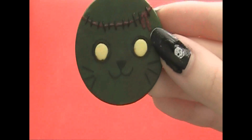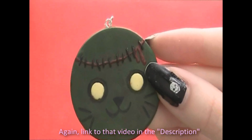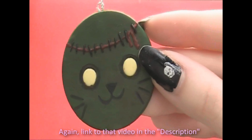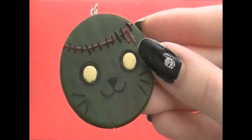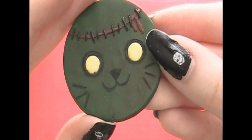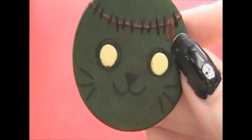And the first animal I made is this zombie kitten. I don't know if you guys have seen it, but there's this video on YouTube called Meow, M-E-O-W, like it sounds, and it's by Cyriak, C-Y-R-I-A-K, and it's kind of creepy, but it's zombie kittens, and I kind of copied it off of that. So this cat is, well, the back's really ugly, but this kitten is a deep